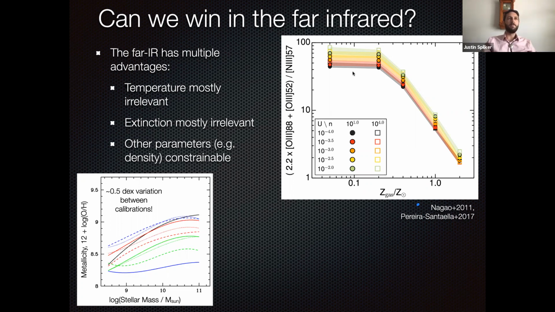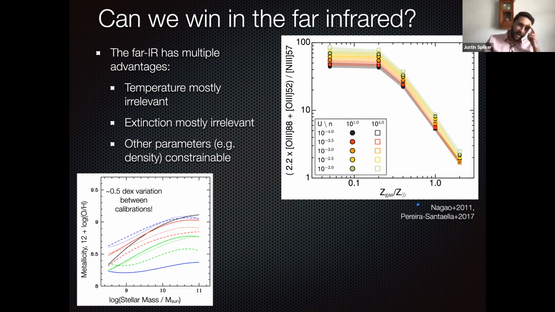And so here, this plot on the upper right is just one example of a calibration for a far IR-based metallicity indicator that has been proposed. There's several others. This one, as it turns out, uses the two far IR lines of O3 and the far IR line of N3 at 57 microns. And you can see that for a wide range of physical conditions in terms of the density or the ionization field, we can get a pretty robust metallicity out of this line ratio, which I think is kind of fun.